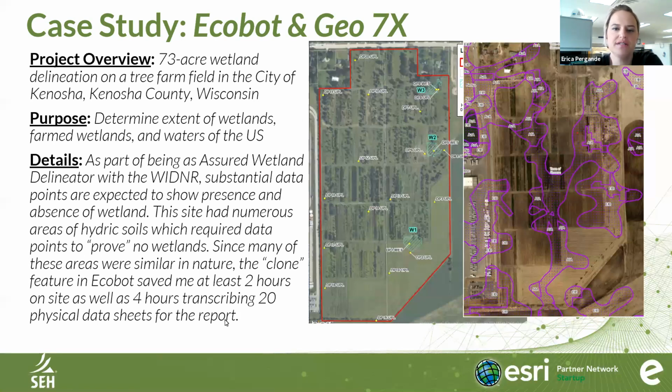So this was the tree farm that we did, and it was a pretty large site, 73 acres. If you look at the map that came off the DNR website, this is called a wetland indicator map. It showed all of the areas that potentially could be hydric or potentially be an area where wetlands might pop up. Also, because this is an area that is manipulated, it's really hard to see in some of the aerial photos what could be considered a wetland indicator, what might not be. It wasn't very straightforward. And so I knew that I had to do a lot of data points in this